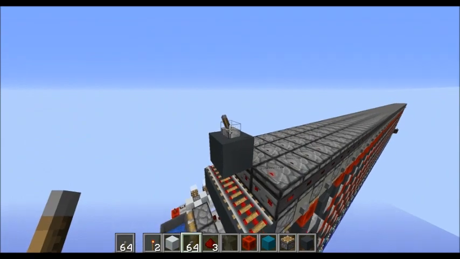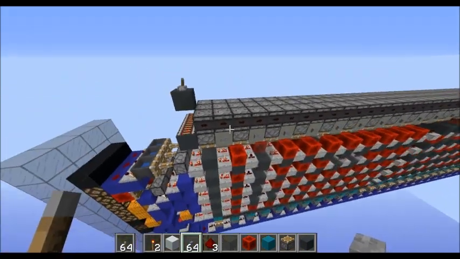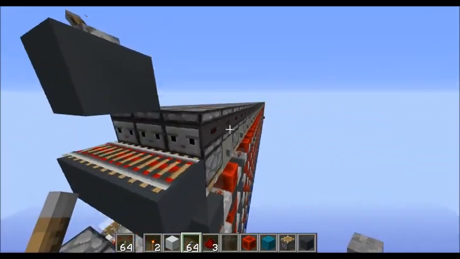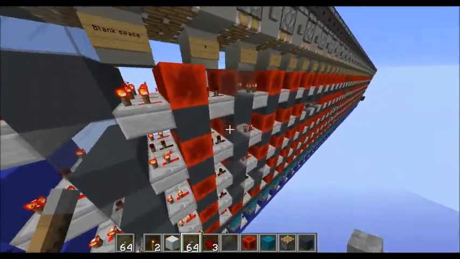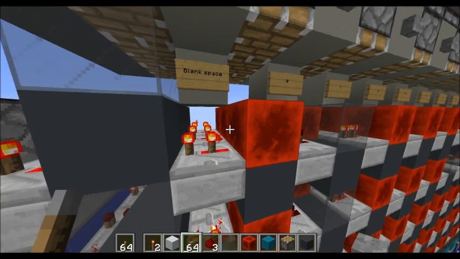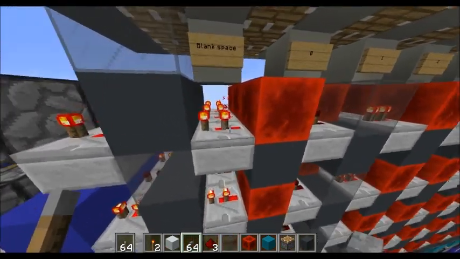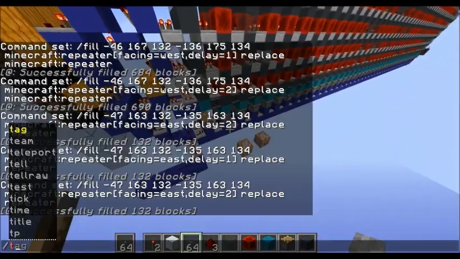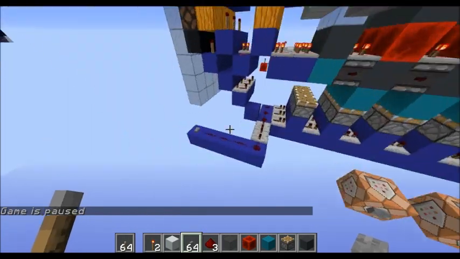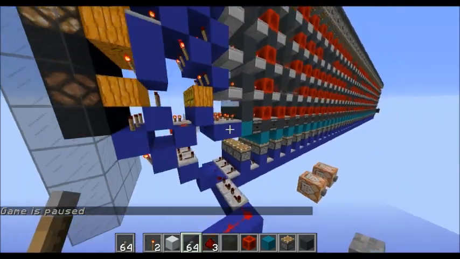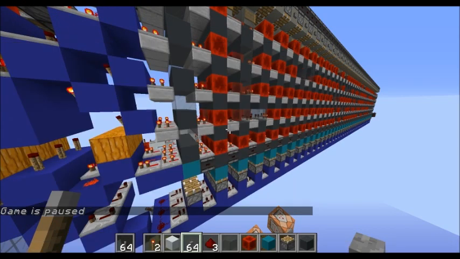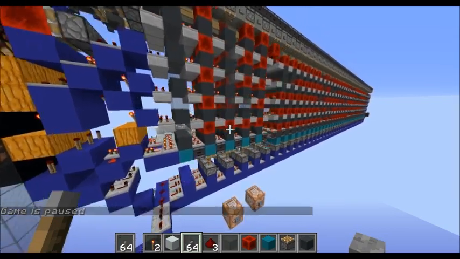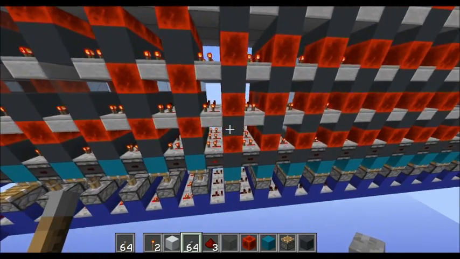So I just made a few changes to make this happen. One thing is I just have these observers up here to reset the system. So it's going to start kind of like this, where the redstone blocks are powering these repeaters, and then I'll do a tick freeze. Then I can run this tick step like 20. Okay, so